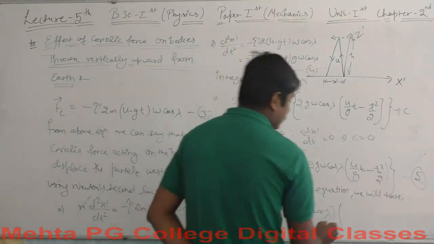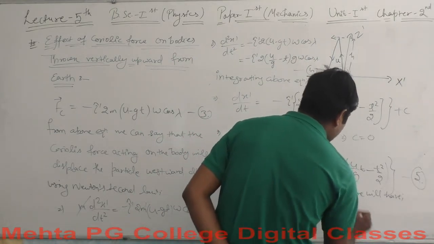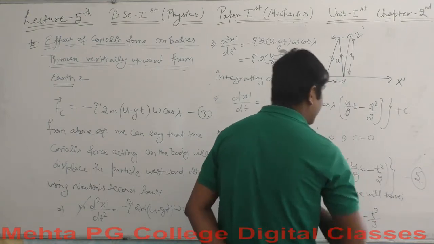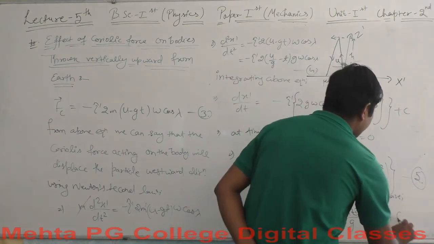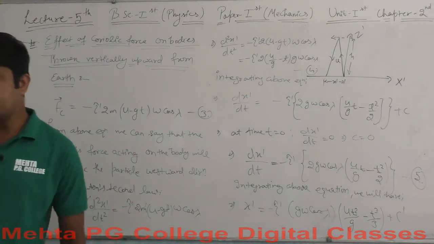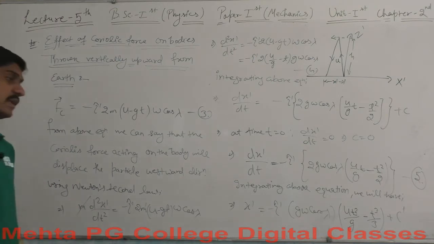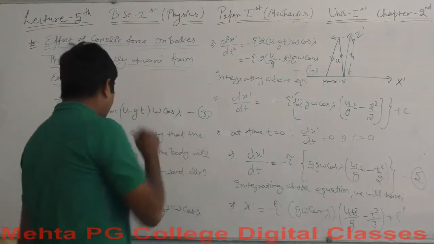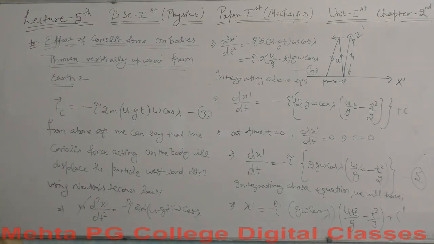So another thing that remains is ut square over g minus t cube over 3, and another integration constant, the c dash here, is also introduced. Okay. So another integration constant has been introduced. So what will we do? We will again keep it at 0. We just want to remove this c dash here. Let me put it aside. You can take a screenshot for your reference, and then we will get to our result by having some workspace, clearing off some things. I hope that this is enough time for the screenshot.